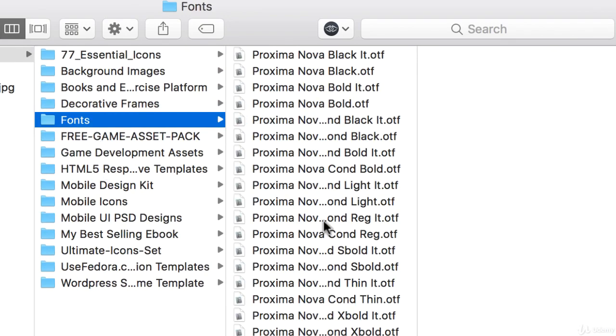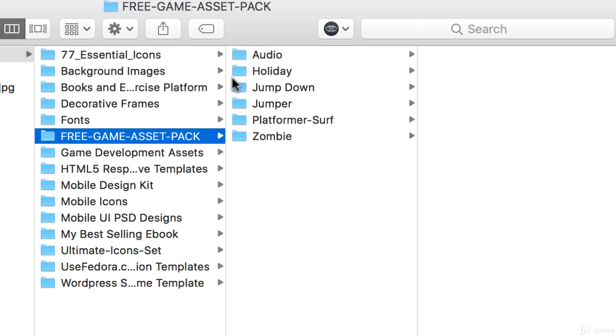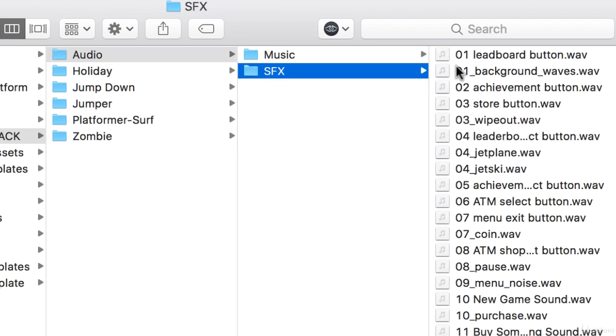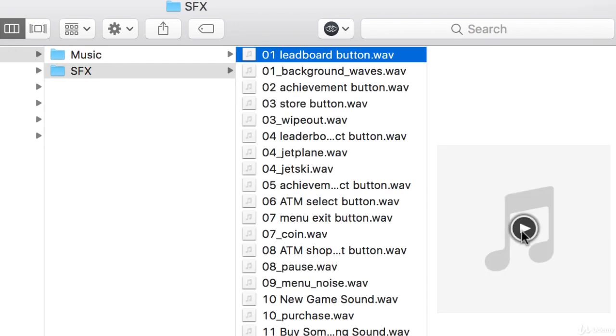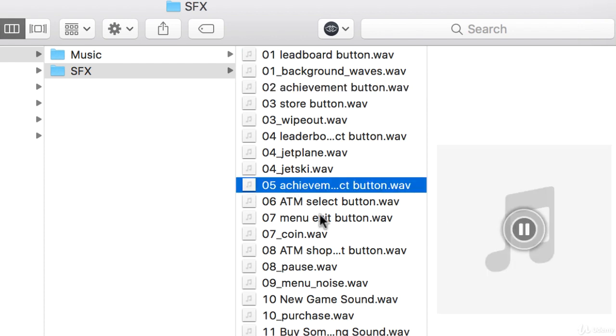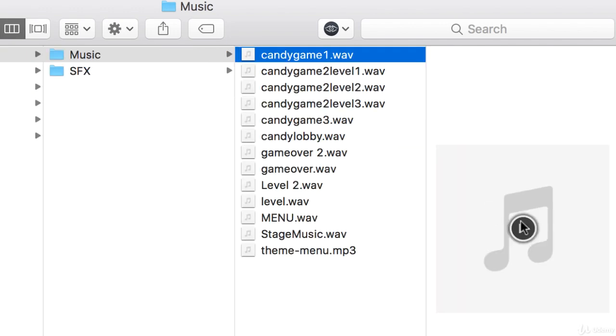So you're going to also get a lot of different fonts. All these fonts you can actually use in your applications, right? You're going to get a free game assets package that includes audio files, right? Special effects, as you can see here, right? All these different audio files that you can use for your games or even your applications, okay? And you have, of course, background music, such as this,